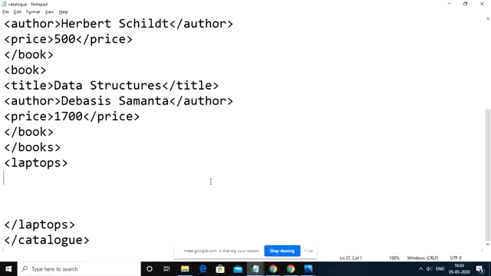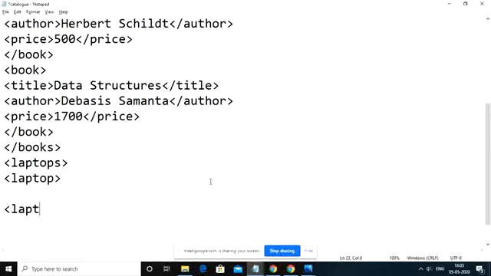Then, the other child tag of the catalog tag, laptops. Under this I am going to create one more child element called laptop and slash laptop. In between these two I am going to include brand and slash brand.